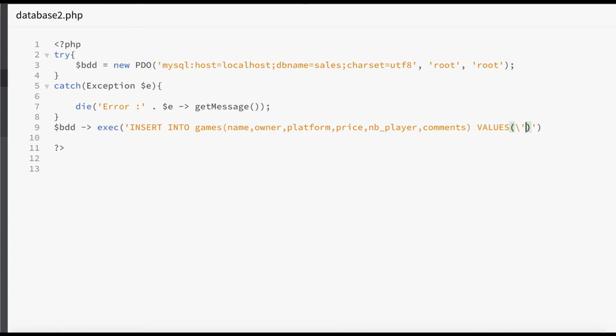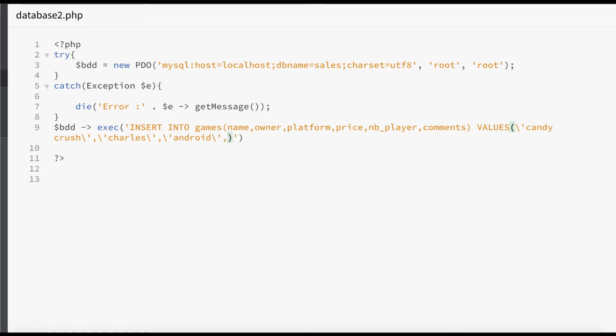So here the first game should be, let's say, Candy Crush, comma, owned by Charles, on an Android platform.